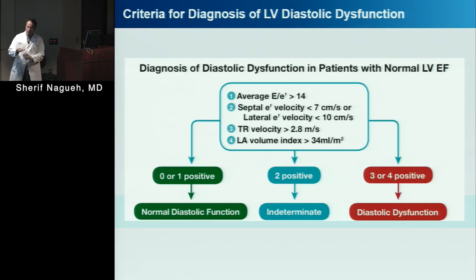Your rationale for indexing is that the size is higher because the body's bigger, not because there's some cardiac dysfunction. There is also your BMI. If somebody has acromegaly, because somebody has the same body surface area as somebody who is obese,